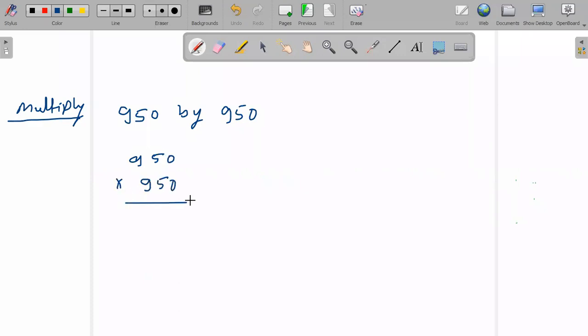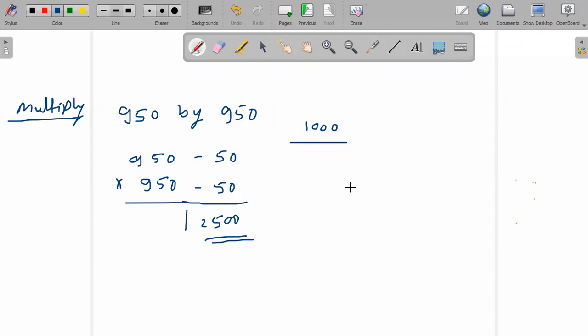What is the base here? What will be the base? 1000. Right. So what can I write down? Minus 50 and minus 50, right? But how many digits are there? Okay, let's see. Here 2500 will be there, right? Am I right here? Right. Yes, sir. What is the second step?